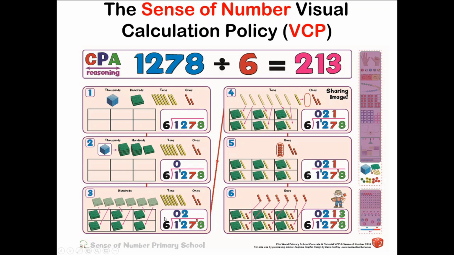So we've just got straightforward 12 hundreds. You can see there, shared between 6 gives 2 hundreds each. You can see how the whole thing's color coordinated here as well. We then move that up into the tens. We've now got 7 tens. Well, we can share those 7 tens between 6 and get 1 ten apiece. That leaves us with a final 10, which is exchanged into ones, and then those 18 ones are shared between